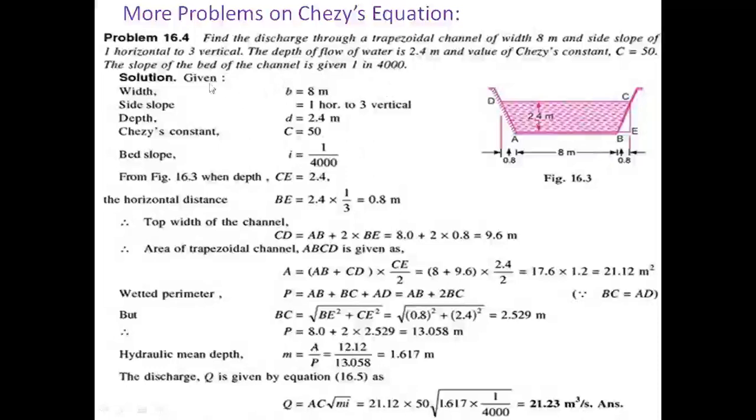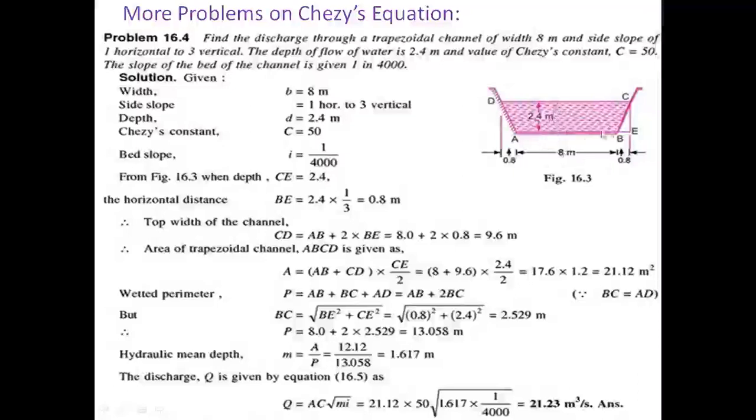Once again, see the given data. The channel shape is a trapezoidal channel. Here we take the channel as a trapezoidal channel and find the discharge, how much discharge will flow in the trapezoidal channel. Now the width of the channel is 8 meters, given. The depth of the channel is given as small d